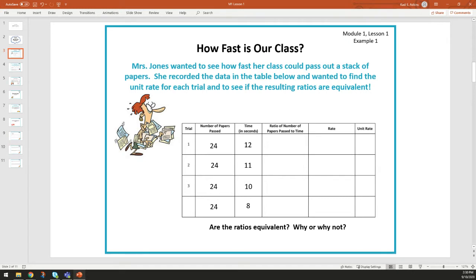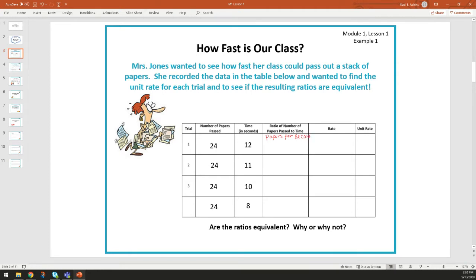So what we're going to have right here is we have our first trial. We have 24 papers passed in 12 seconds. Our first column says that we need to find the ratio of number of papers passed to the time. Now remember, we are being asked papers per second of time,